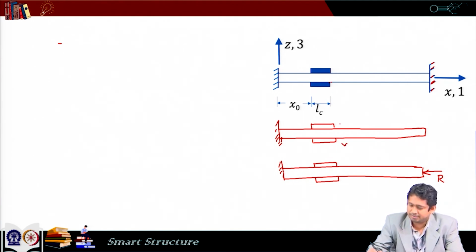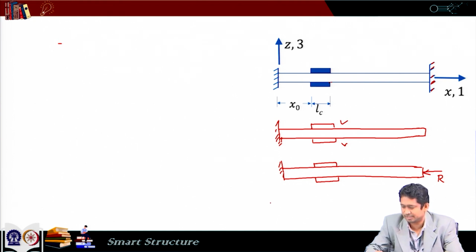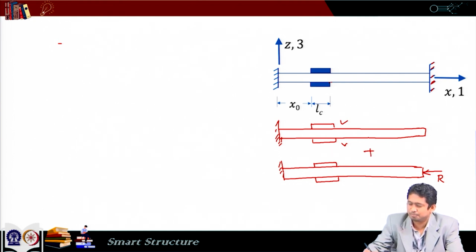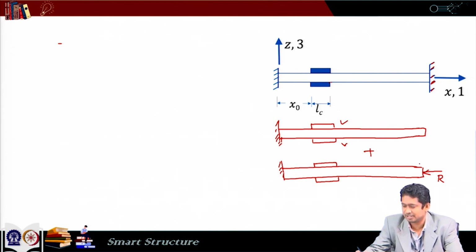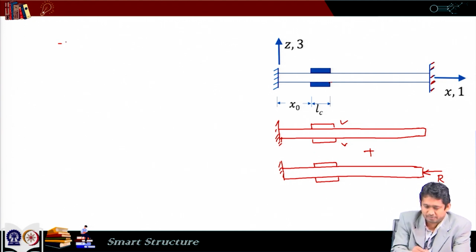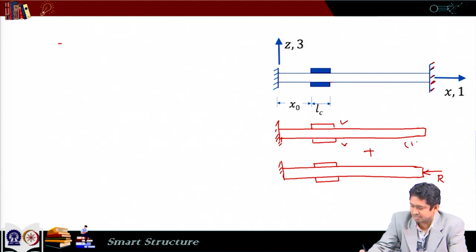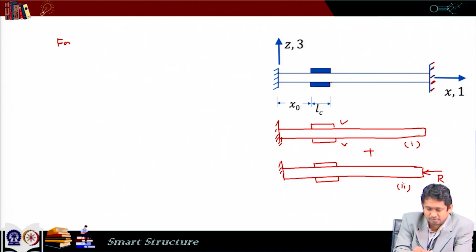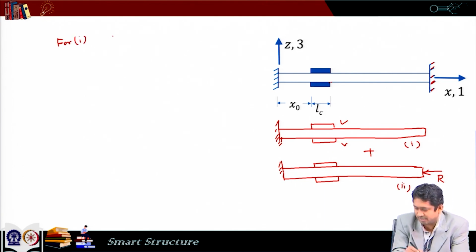So, here we have V and here we do not have any voltage. If we superimpose these two results, we can find the displacement in terms of this R, and then we can say that the displacement is 0, and that will give me the reaction R. Once we get the reaction R, we can find out all the other things. So, let us call it 1, let us call it 2. So, for 1 we have